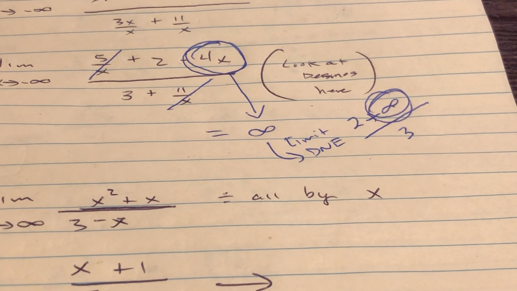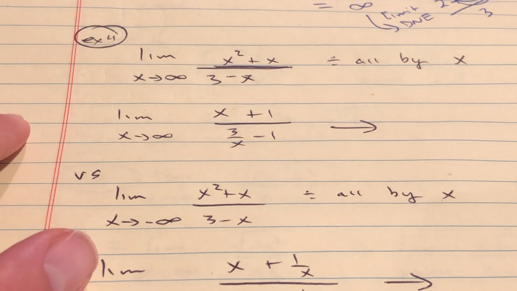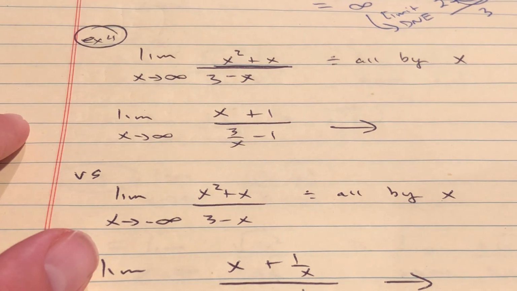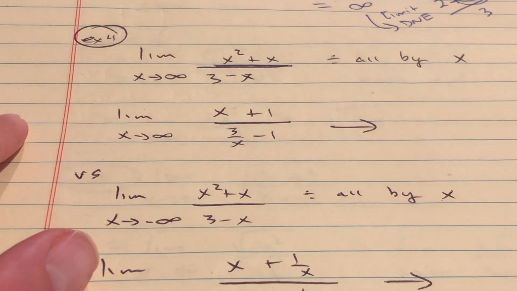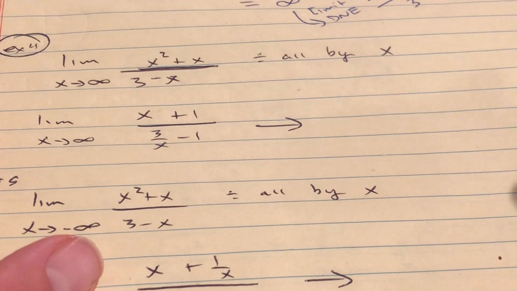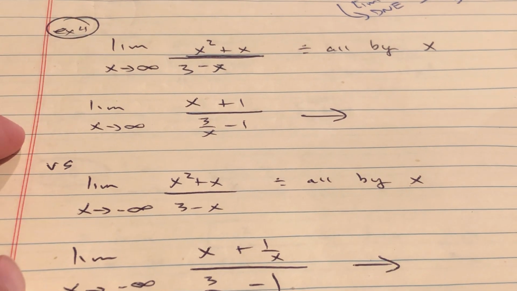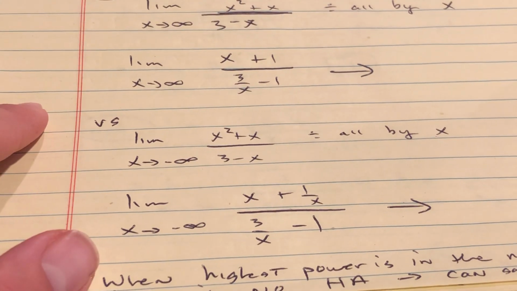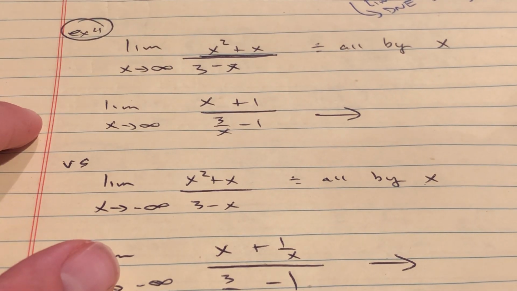Notice how the highest power was in the numerator. Let's do one more of those. Example 4, highest power is in the numerator again. So the limit as x goes to infinity of x squared plus x over 3 minus x. Divide all by x. So again, if you let x go to infinity, now I'm looking at positive infinity and negative infinity. If you let x go to infinity, you're going to have infinity over,